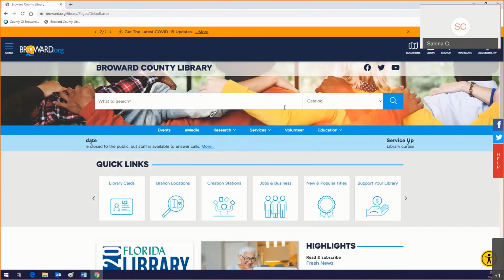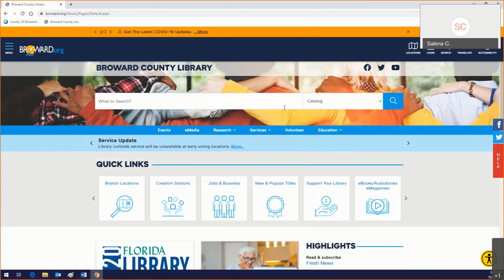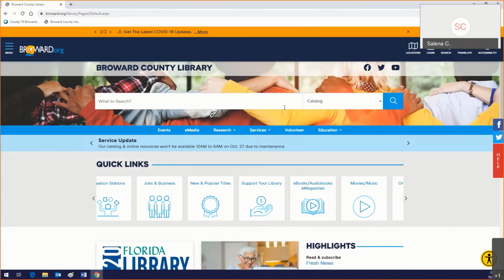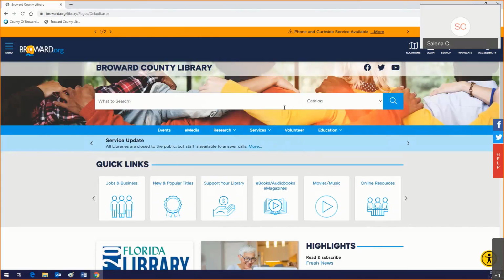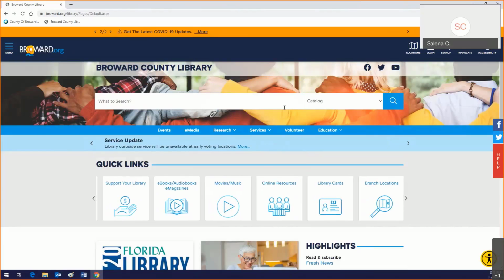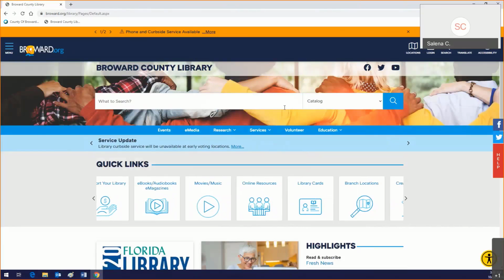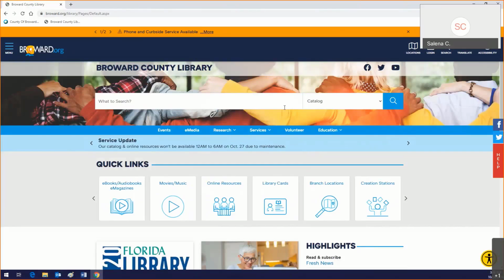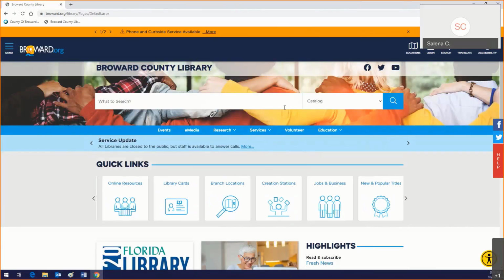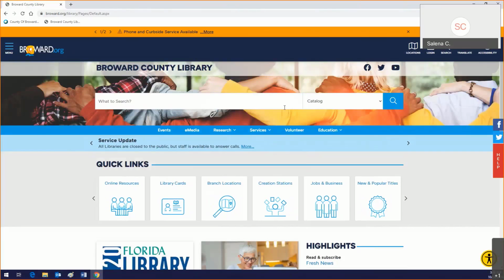So here's our library website. The scenario here is, let's say you're a business owner, and even if you're not a business owner or a business professional, maybe you want to mail out Christmas cards or Hanukkah cards to everybody. Mail Merge is really great for that. Anytime you have to mail out a lot of stuff, it's a really great resource. But if you're a business owner and you wanted to